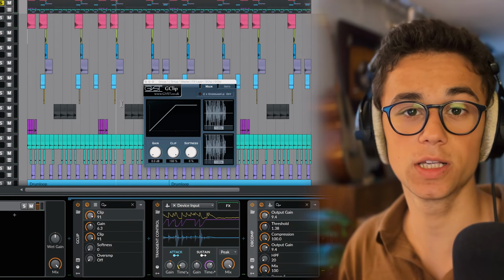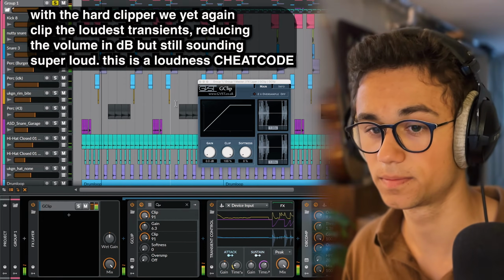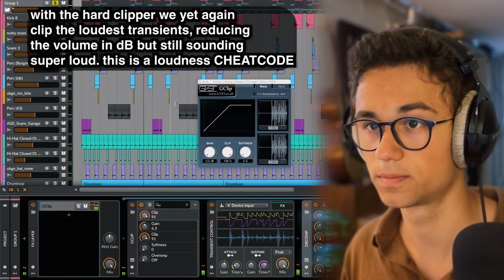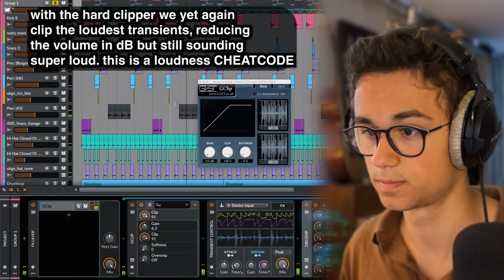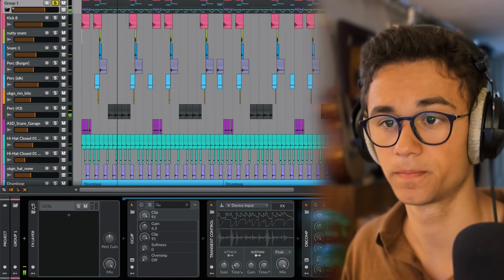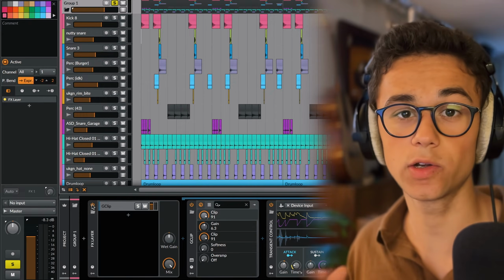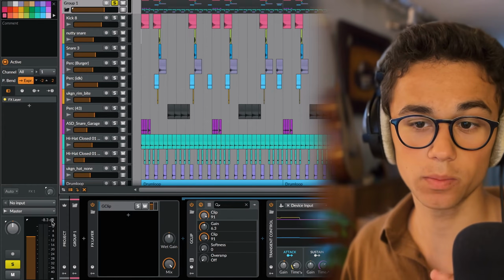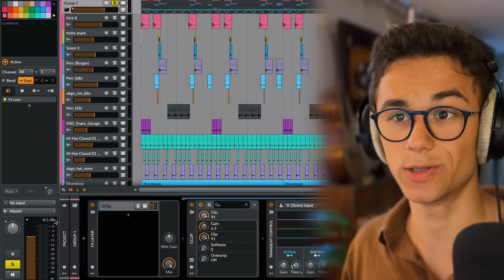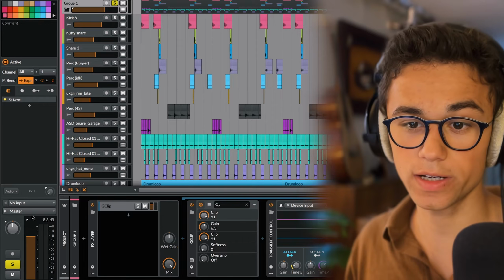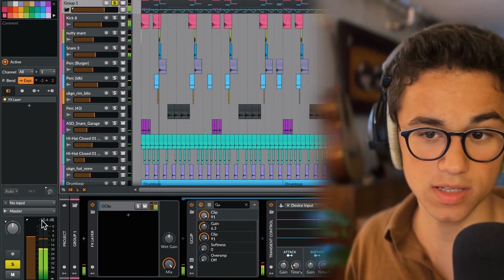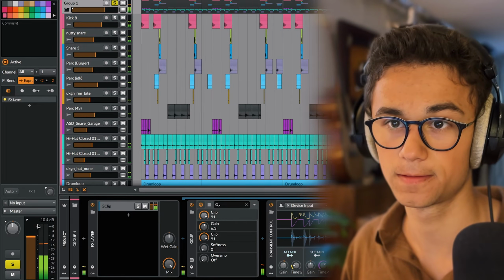And then another G clipper to hard clip it. And before. The crazy thing is, it sounds way louder with all the effects on. But if you look at the meter here, it's actually quieter with the effects. So let's play it with the effects and you'll see that it's hitting at around -10. And without,